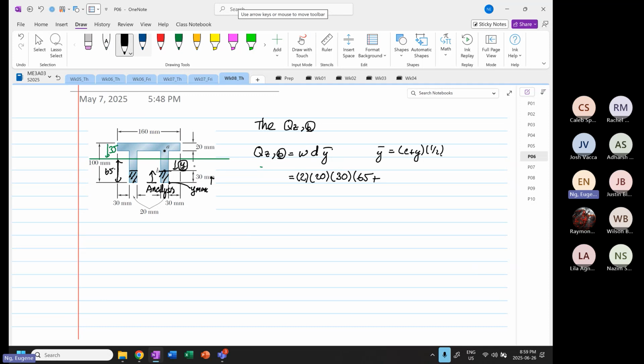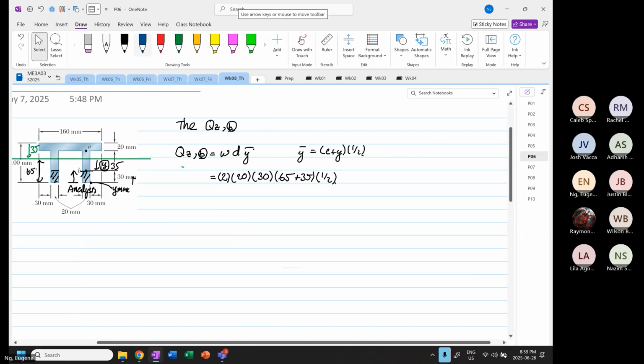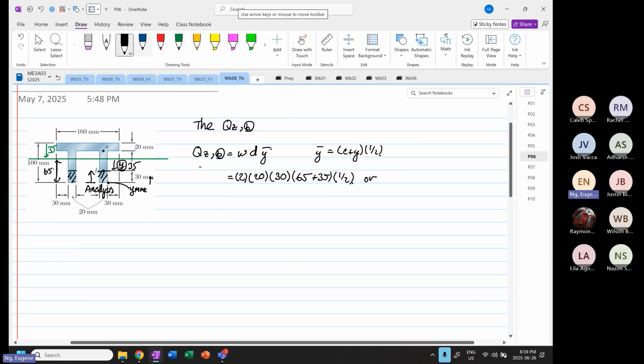Now y you have to be careful, right? So this is equal to 35 plus by 35 multiplied by half. Or, right, you can also do 2 multiplied by 20 multiplied by 30, which is the depth. And then y bar, you know, is equal to 35 plus by what? You know that's 35 plus by 15. Okay, by observation. Okay, so the answer should be the same. So this is equal to 65 plus by 35